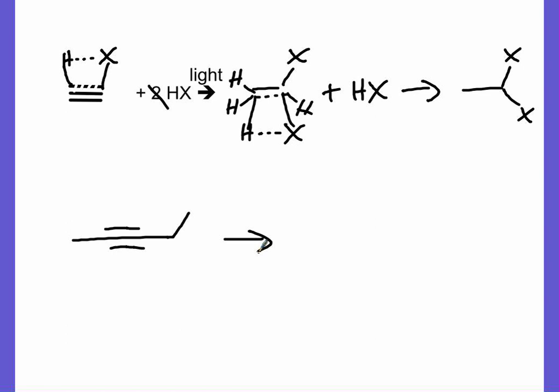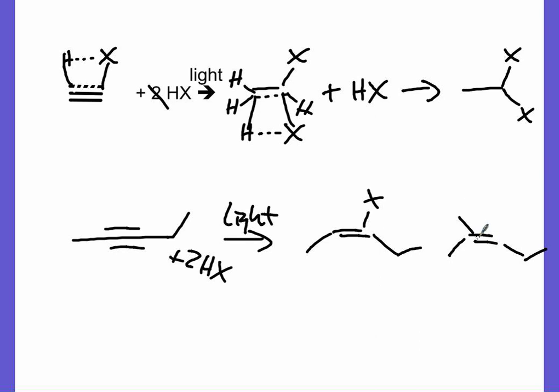I could end up adding the halogen to this side. Right? Remember, I'm adding 2 of those hydrohalogens. I do have a catalyst here that's necessary. But I can add that first one the way that I just drew it on the right, or